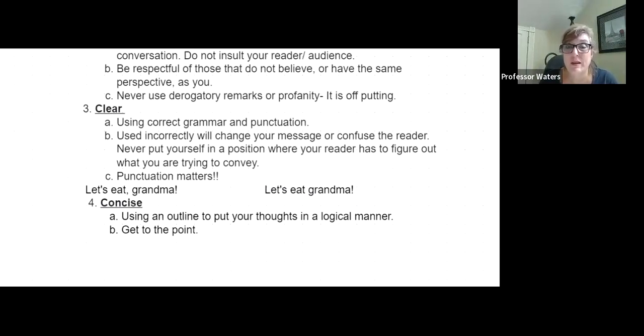Because if you're using a word incorrectly, there's probably someone in that group who does know how it is used, and that's going to make you seem less intelligent. So be very careful with the words that you're using. Pay attention to your audience. That's extremely important. Now, I'm going to speak differently in front of an elementary class than I will a college class,